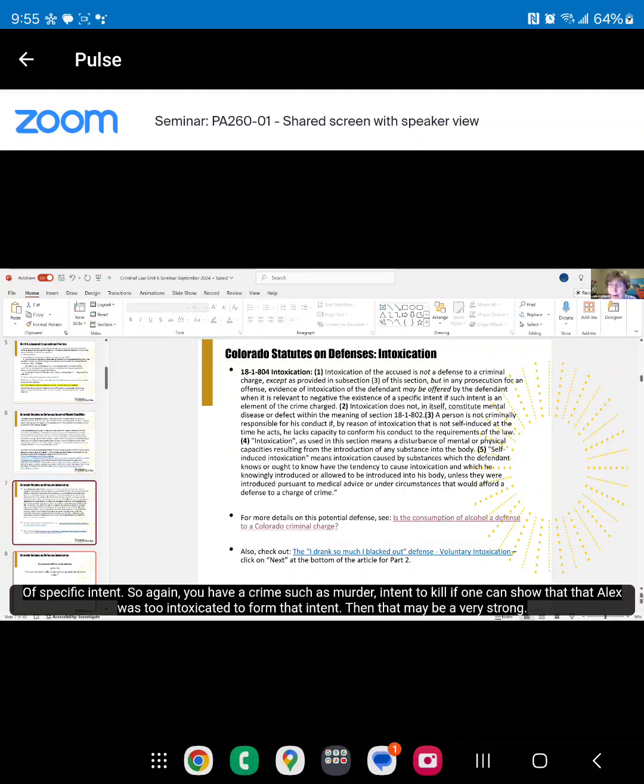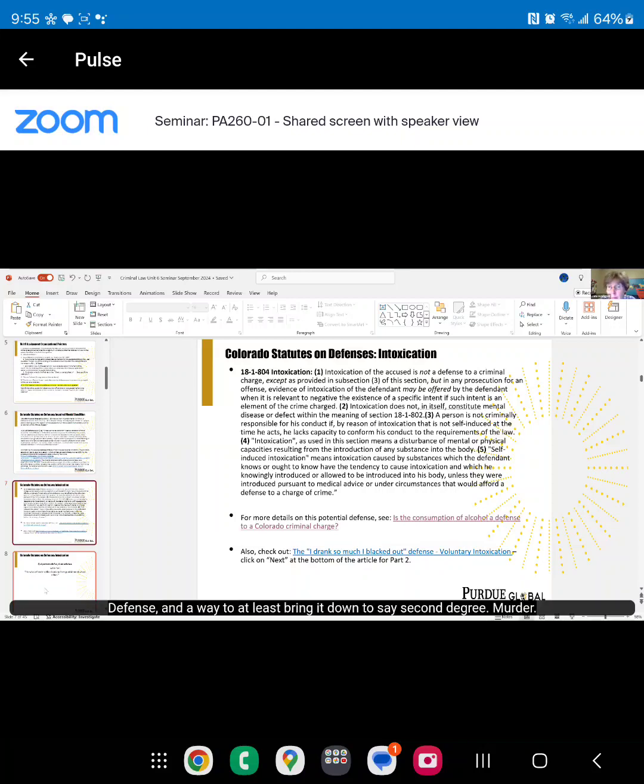So again, you have a crime such as murder, intent to kill. If one can show that Alex was too intoxicated to form that intent, then that may be a very strong defense and a way to at least bring it down to, say, second-degree murder. And the other part of this is intoxication. Part of it would be differentiating